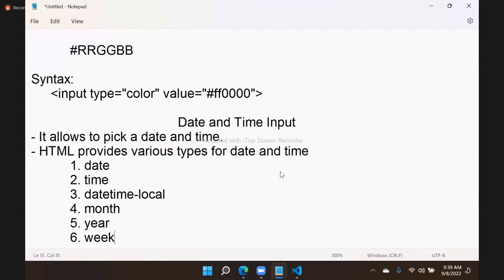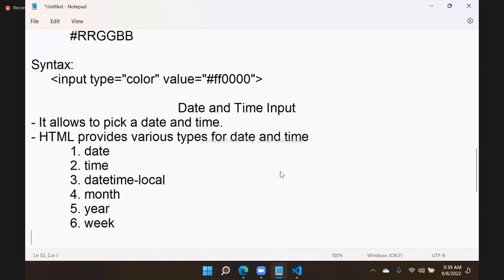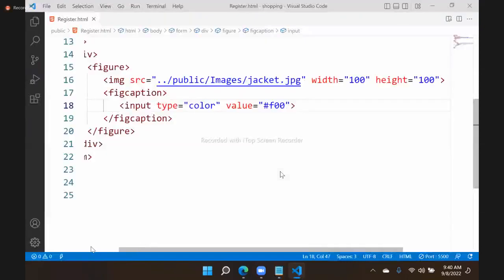But some options are not available anymore. Some old features are removed here. Date can have so many things now. You can have date, you can have time, you can have datetime-local. So actually, if you want to display the date, so this is the color,